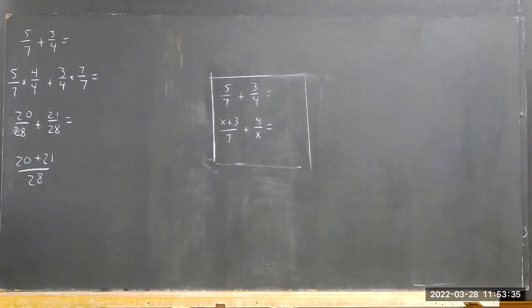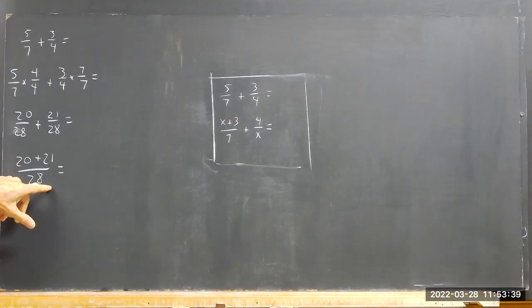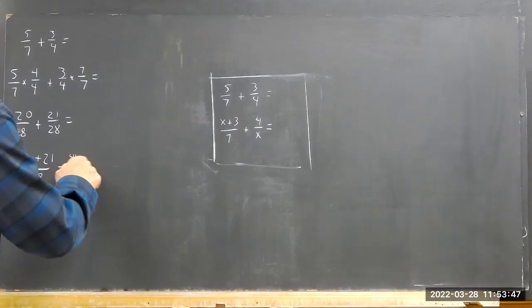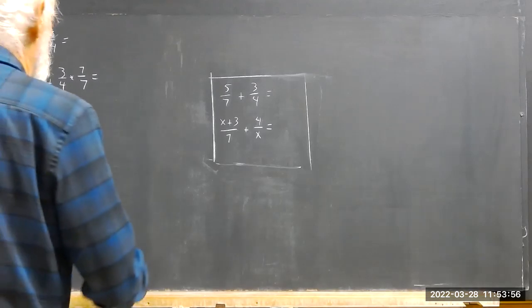So if you had 28 plus 28 down here, you'd have 56, and it wouldn't be the same as this. You want to try to understand that as best you can. So you have 41 over 28. 41's prime, doesn't factor, so you're done. Okay? Now,